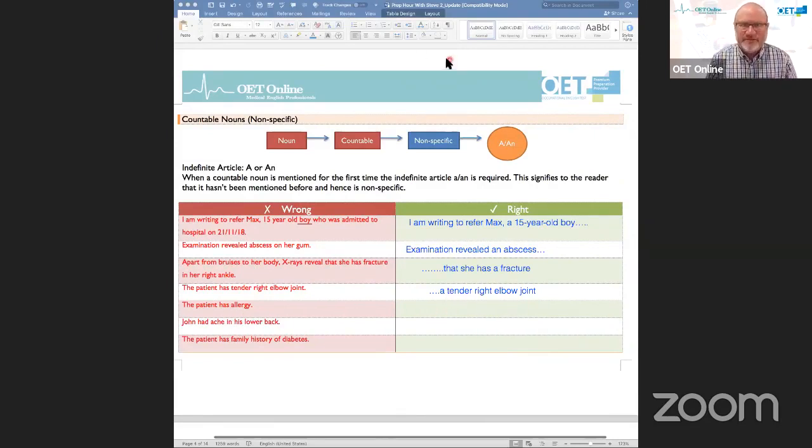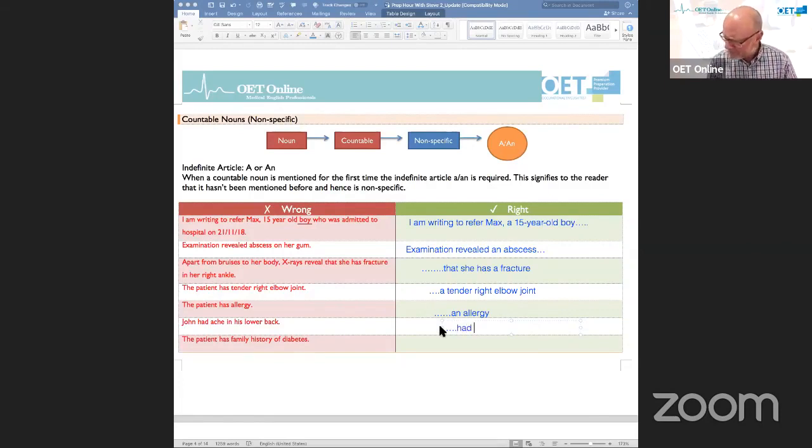Okay. Next one, the patient. Someone's already corrected that one, I think. Yep. Patient has an allergy, because allergy is a countable noun. John had, what's the next one? John had an ache. So we can see allergy and ache, they're both beginning with vowels. So we're going to use an, not a. And the last one, someone's already written that in,